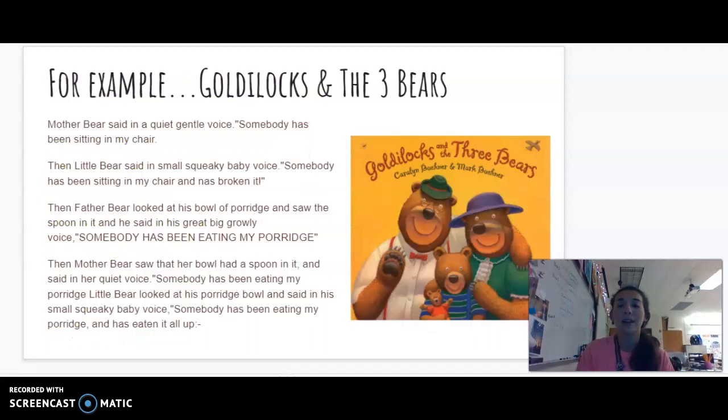Alright, another example would be Goldilocks. So Goldilocks and the Three Bears, if you guys have ever heard of this. The three bears come home